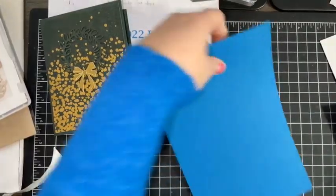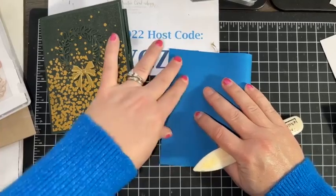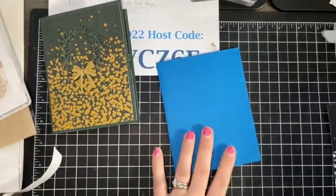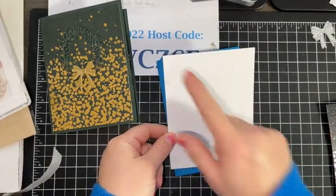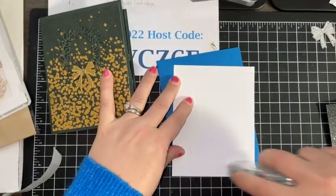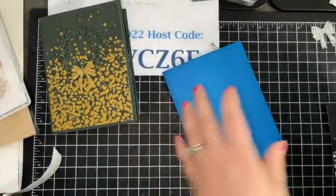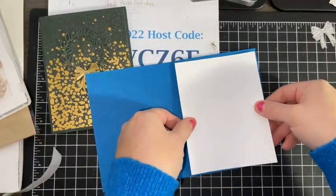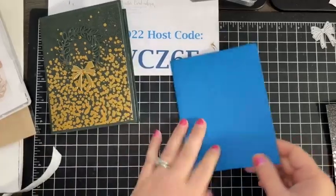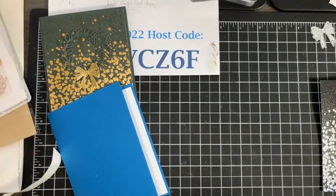All right, so for now we're just going to fold our card base. That was a 5.5 by 8.5, and score it there at 4 1/4. All right, if you want, go ahead and insert your basic white 4 by 5 1/4. This is going to go on the inside. All right, and then before we glue our metallic shimmer papers down, I'm going to set this aside,